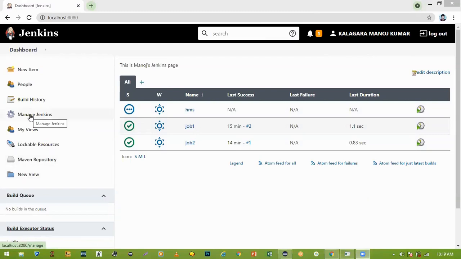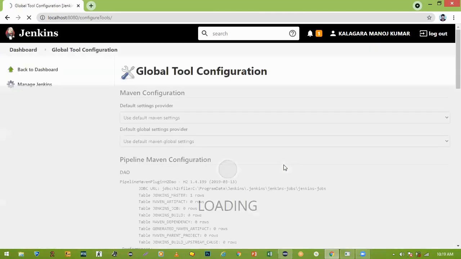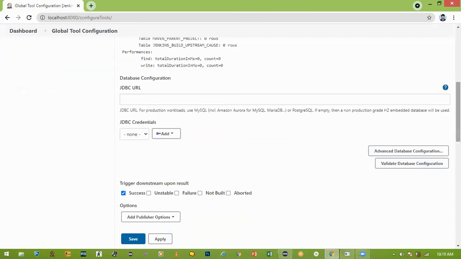On the left side, Manage Jenkins is there. Go to Manage Jenkins, then Global Tools Configuration. Very good. See here, JDK and Maven will be there.